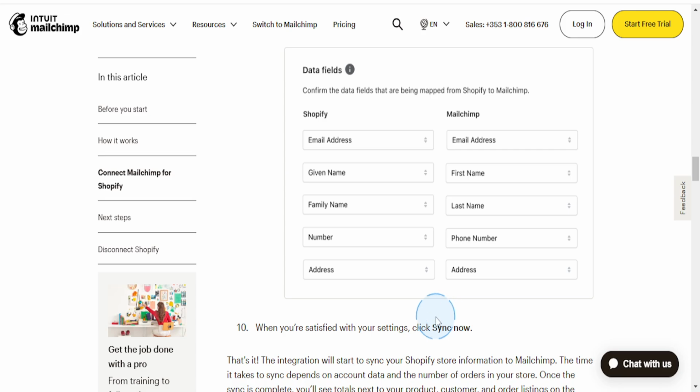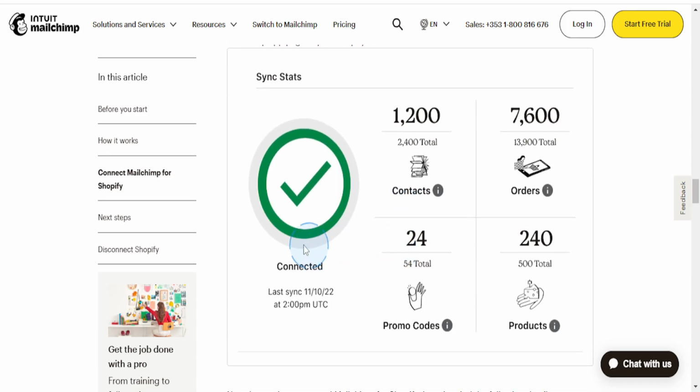And when you're satisfied, guys, you can click on sync now, and basically you would have connected and integrated MailChimp